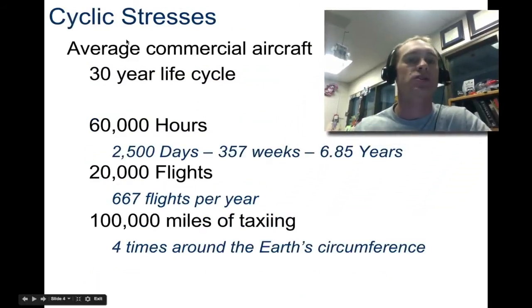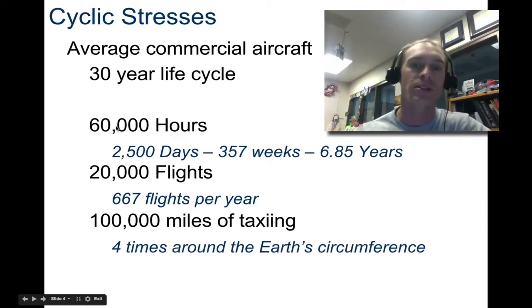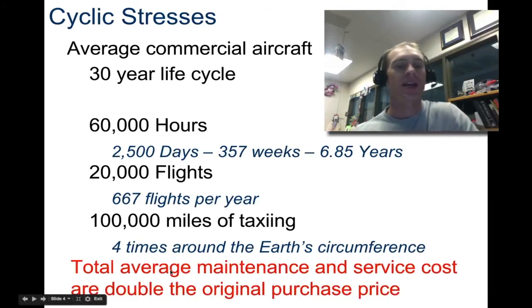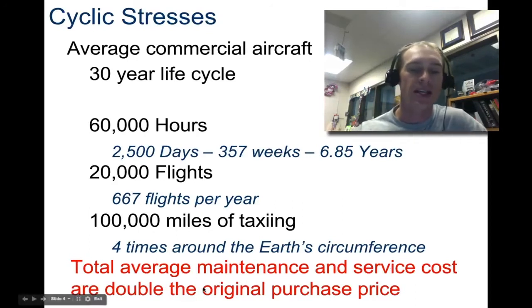So here's some stresses that materials need to overcome. Your average commercial aircraft has a 30-year life cycle. It operates for 60,000 hours. This is a commercial aircraft. It's about 20,000 flights, and 100,000 miles of taxiing, which is 4 times around the Earth's circumference. So some interesting facts for you. So this is a total average maintenance and service cost is usually double the original purchase price, just to keep